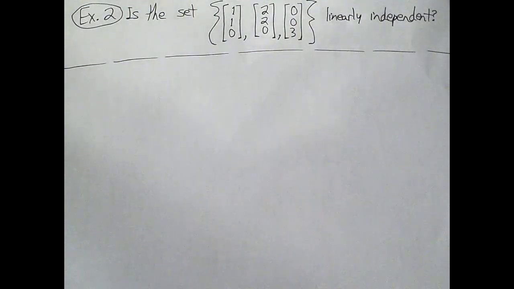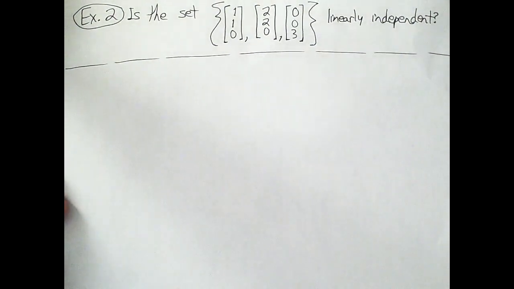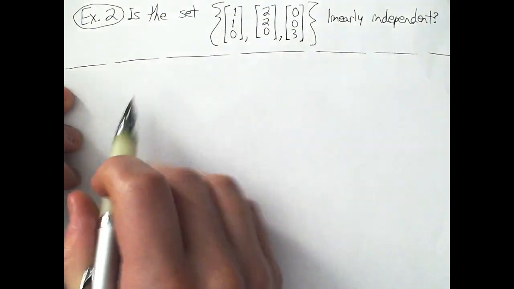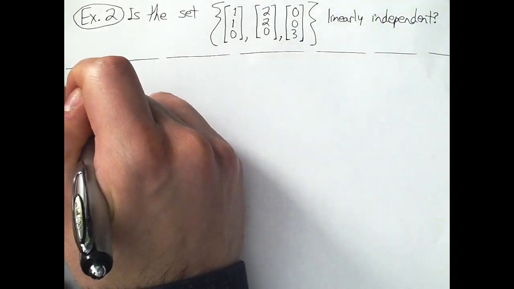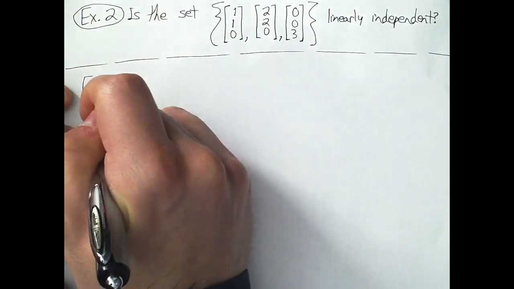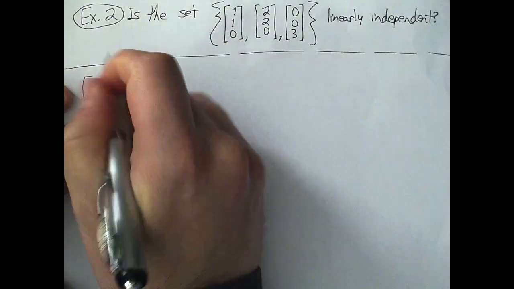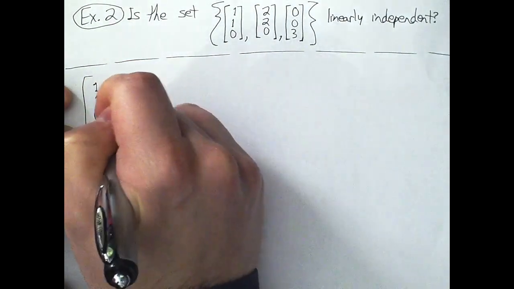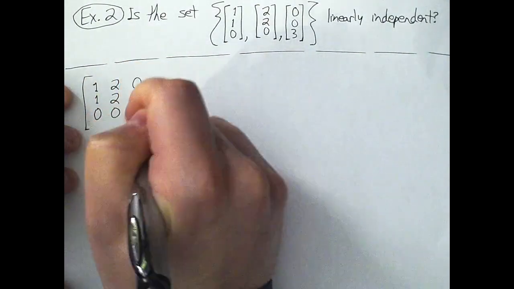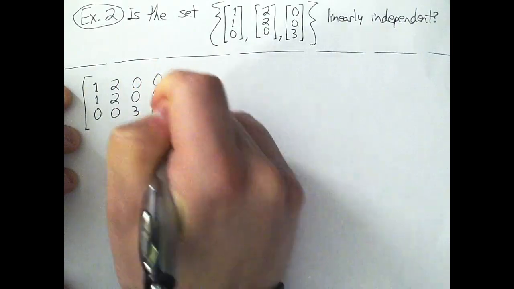Okay, so you should have gotten either a yes or a no, and you should be showing work to justify your answer. And I think this time, to start this one out, I'm going to jump straight to the augmented matrix. The first problem showed us how this type of question corresponds to solving a linear system. So the linear system that I would want to solve would have these columns as the first columns, and then it would have all zeros for the final column